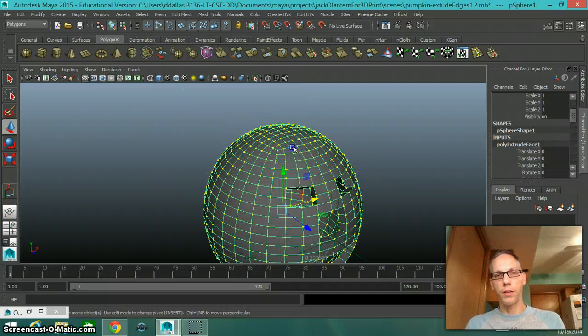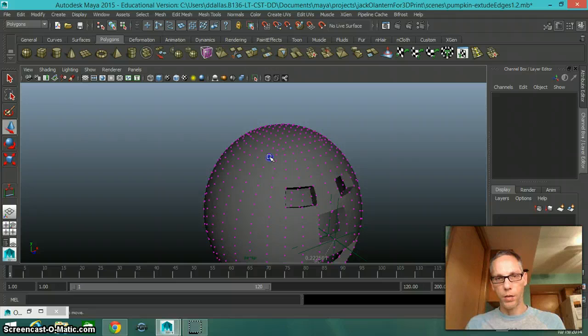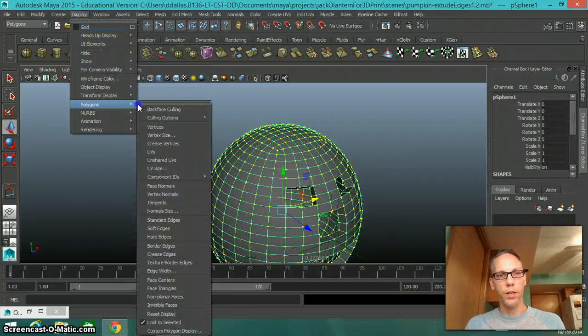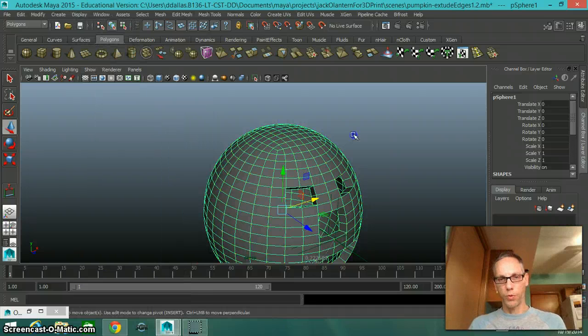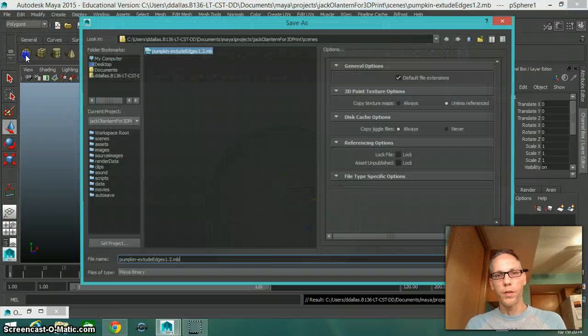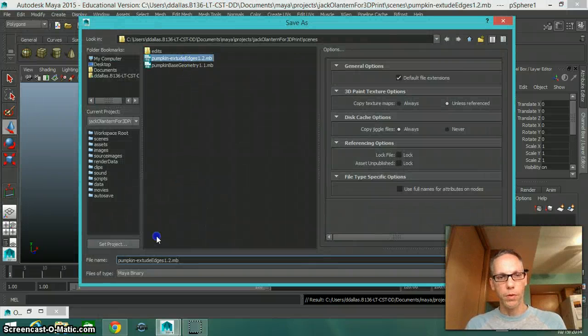My vertices are being displayed even though my model is in object mode, and I'm going to turn that off because it's already somewhat hard to see certain things. So I'm going to undisplay them, and I'm going to save my model as an extruded edge as it is here, and now I'm going to say save as, and I'm going to say this is going to be model